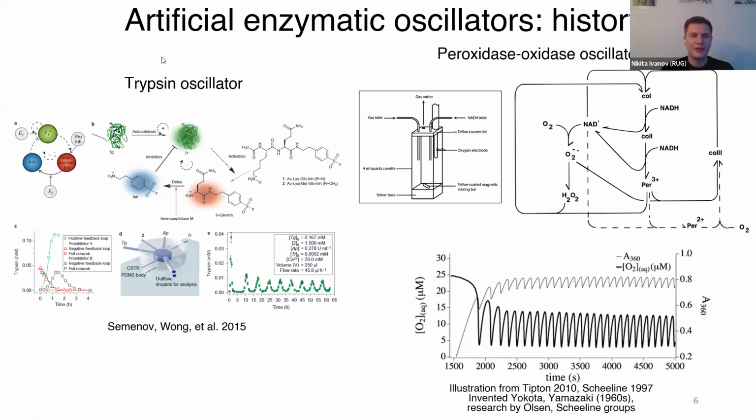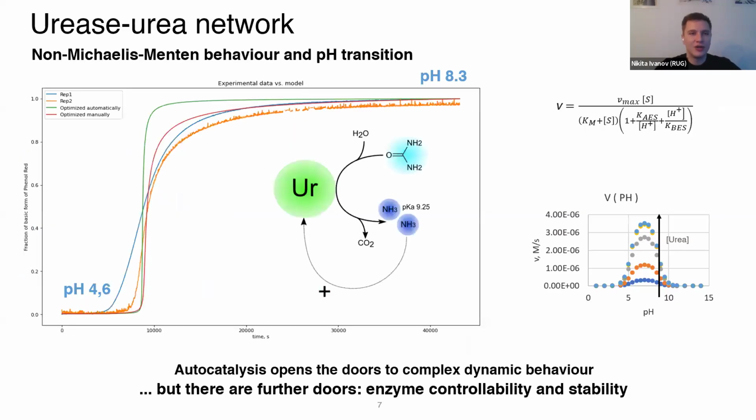So instead, a later example from my colleagues and predecessors in 2015, the trypsin oscillator, has been designed rationally. Basically, it uses the trypsinogen autocatalytic loop modified with two additional feedback loops, and produces oscillations in a continuously stirred tank reactor. So there is a continuous inflow of reagents, continuous outflow of products. There were some follow-up papers about that. It's basically now the golden example of how you can design such systems rationally.